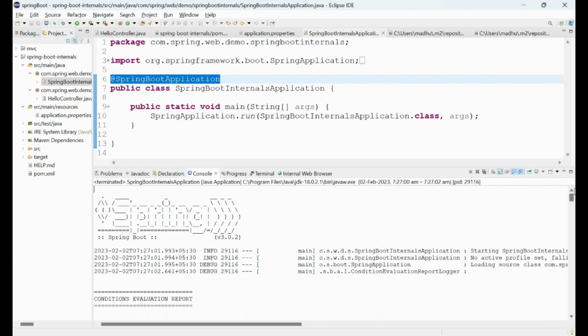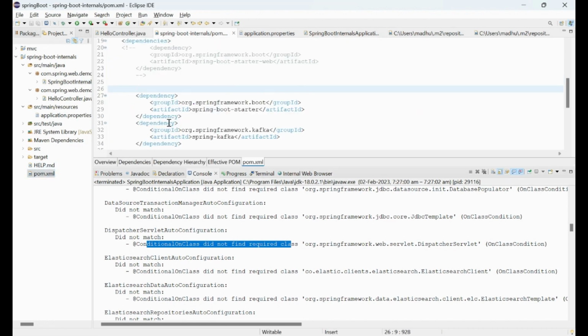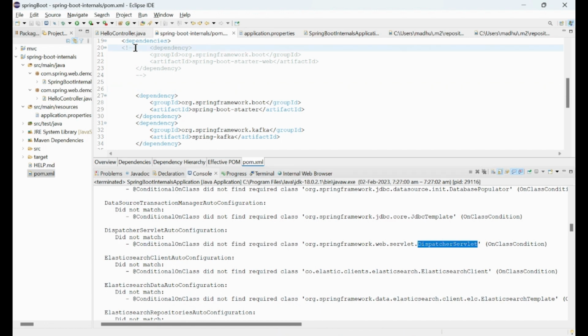Okay, this Spring Boot has started up again, and now let's see the dispatcher. Dispatcher servlet did not match on conditional class, did not find the required class org.springframework.web.servlet.DispatcherServlet. So you see what difference it made. When we commented this particular method, it was not able to find the dispatcher servlet class, but when we have